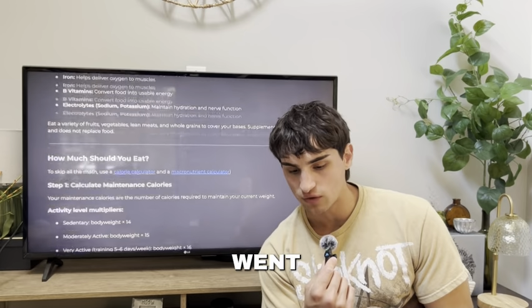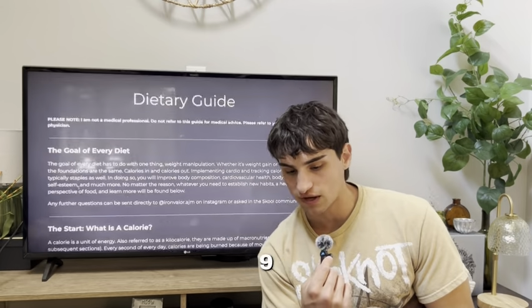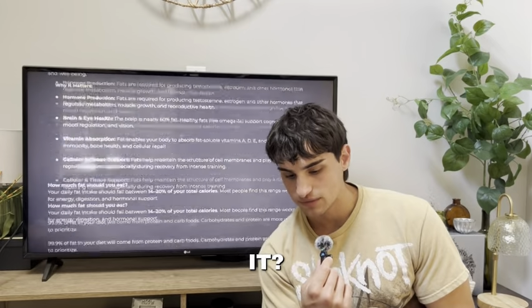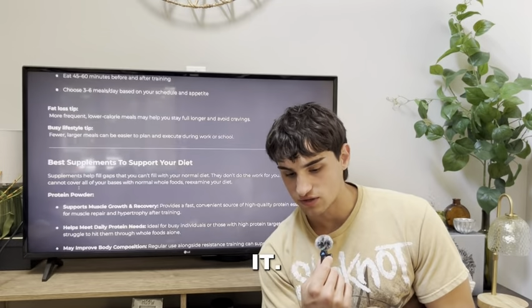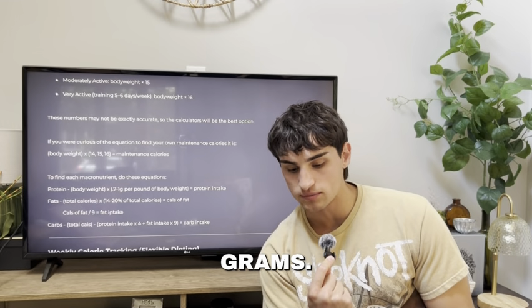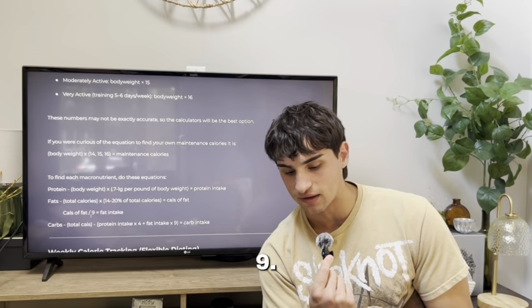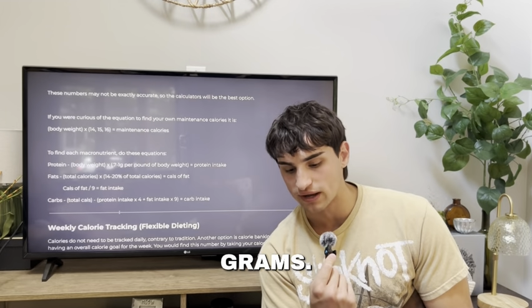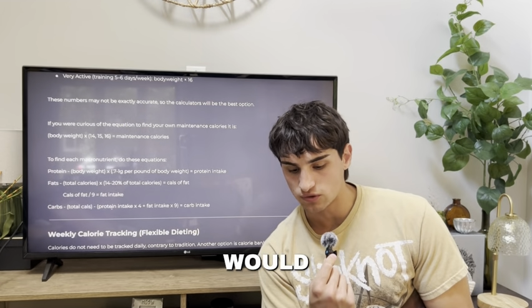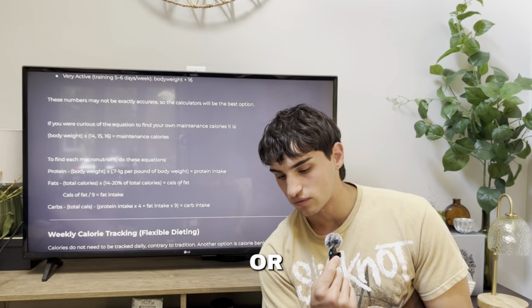And since we went over fat being 9 calories per gram, where is it? I can't find it, so we're just going to go back. 1 gram of fat is 9 calories. So if we have the calories of fat and we divide it by 9, that would be your fat intake in grams. Then carbs, you would do protein intake times 4, fat intake times 9,